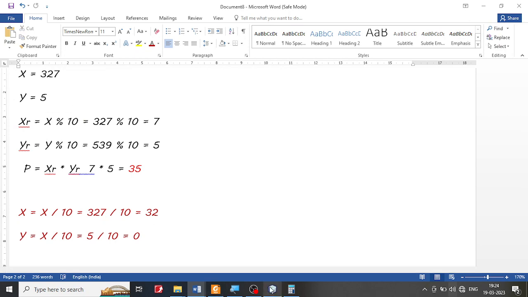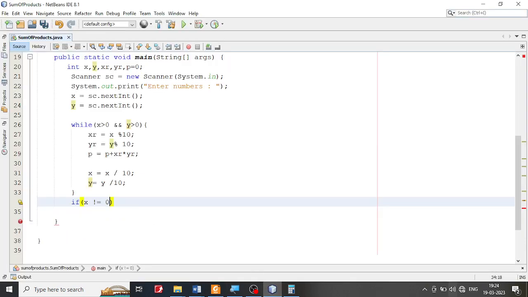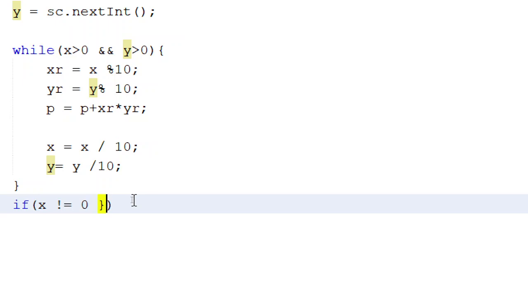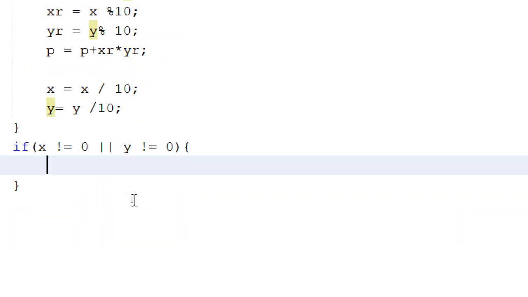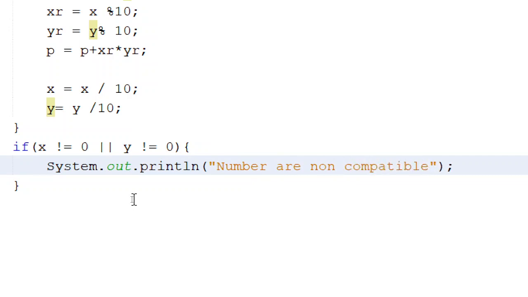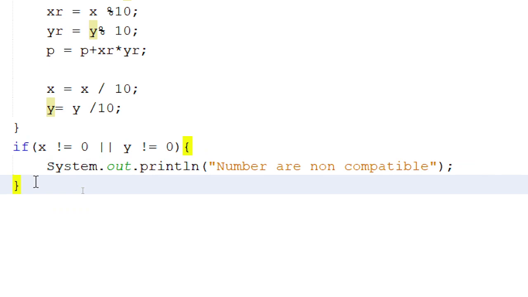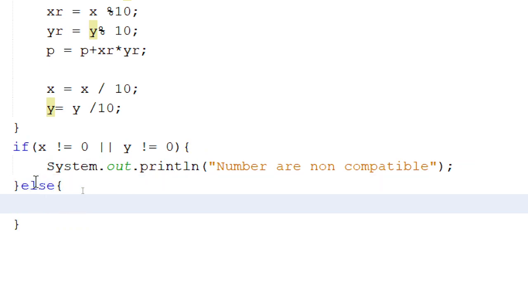So if either x is not equal to 0, or y is not equal to 0, that means these are non-compatible. So in that case, I will not show the result. I am going to use sout and say that numbers are non-compatible. Okay. Else, if both of them are 0, x is 0 and y is 0, that is in this case,